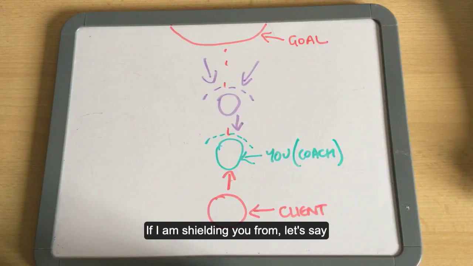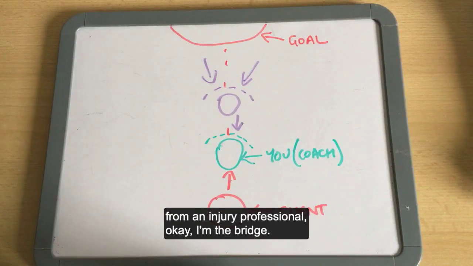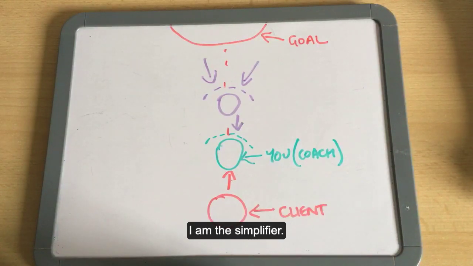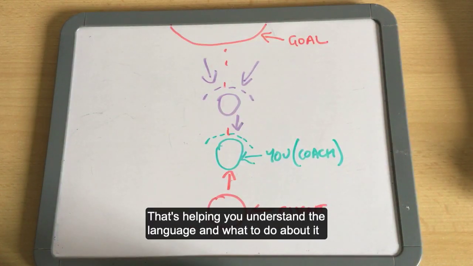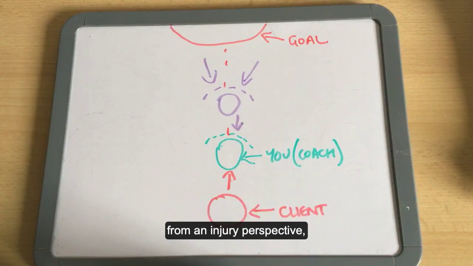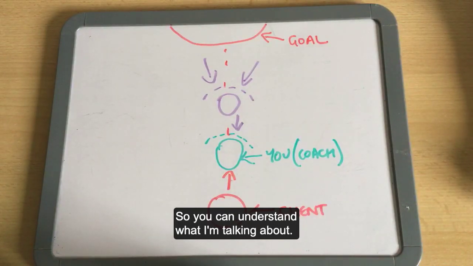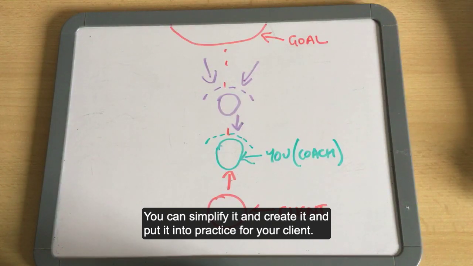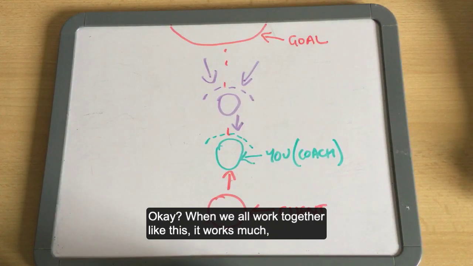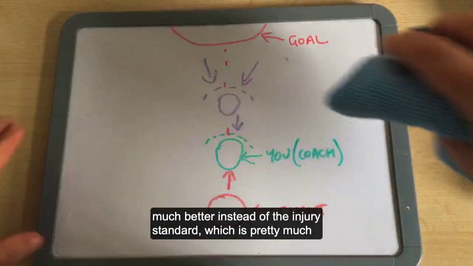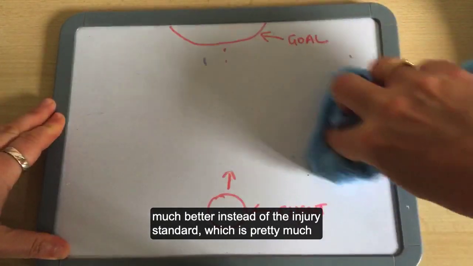If I am shielding you from, let's say, an injury professional, okay, I'm the bridge. I am the simplifier that's helping you understand the language and what to do about it from an injury perspective. But you are then the shield and the simplifier to your client, so you can understand what I'm talking about, you can simplify it and create it and put it into practice for your client. Okay, when we all work together like this, it works much, much better instead of the injury standard, which is pretty much,